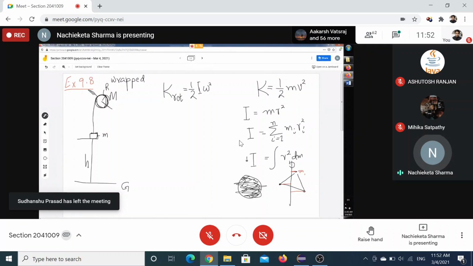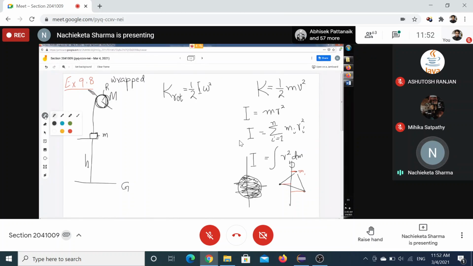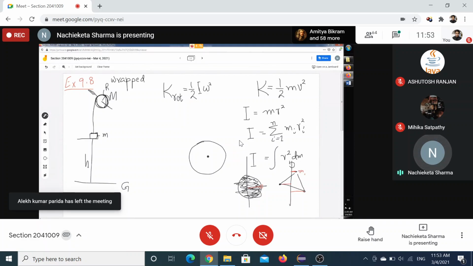In that case, suppose you want to find out the moment of inertia of this disk about this axis, what you are going to do? You will select a small mass like this. Actually this will be different, that we will do later. If we take a ring, that will be better. So let us take a ring first, because the mass is only situated on the rim. Rim means edge. Here mass is there, all other things are hollow, but the mass is distributed continuously.